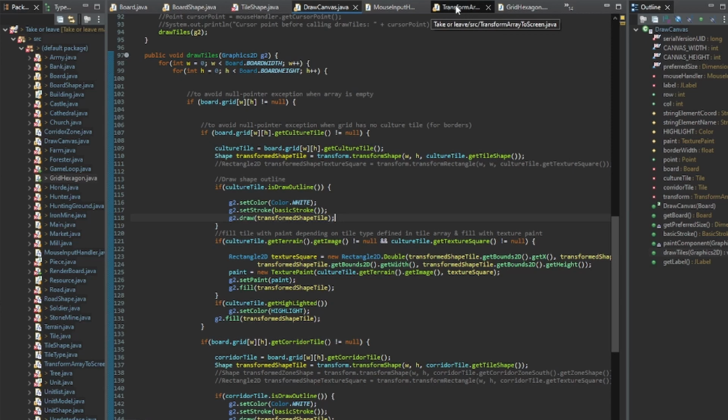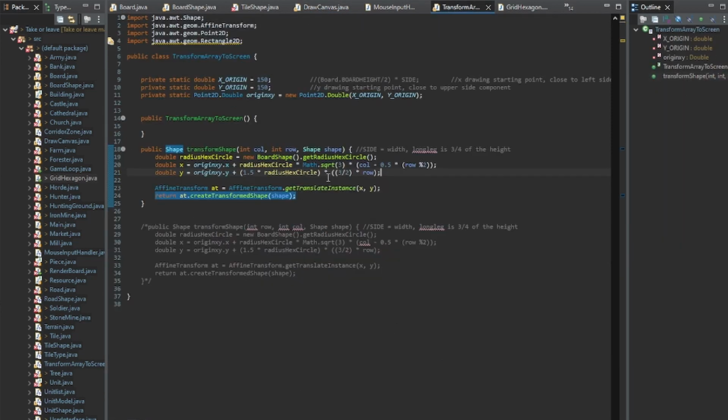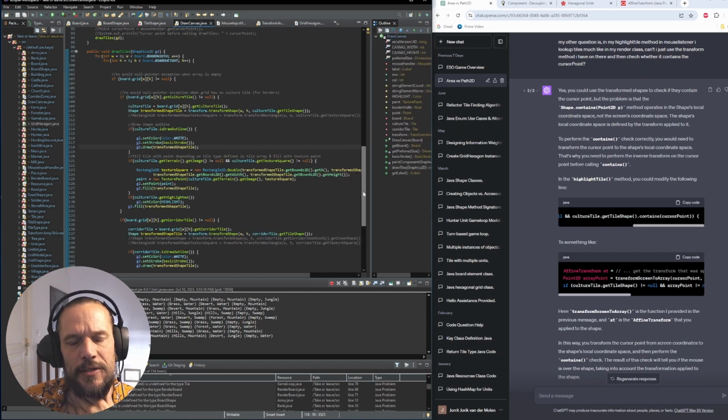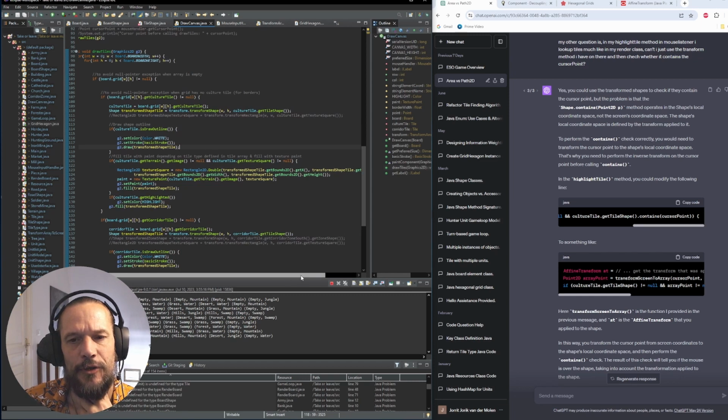But I thought, yeah, in the transform shape I can just save the shape here. I don't do it now, but I can do this because it returns a shape already, so I can just save that shape here, and then, if I'm correct, I can give access to that from the other. Oh, but then again, well, that would be logical. I can then just access it from